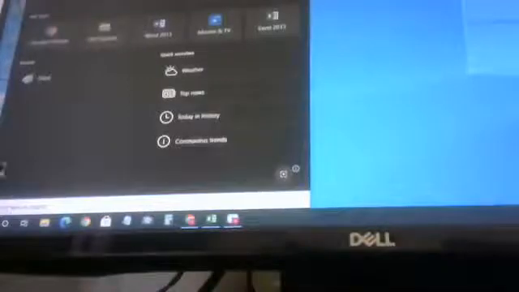Next comes your search button. What is given? Using the search box, we can quickly look for an app or a program on our computer and open it. For example, to open Paint. So see, exactly beside this start button, there is a search box. If I click on that, this page will open. Here there is "Type here to search." Whatever you want, you have to type here.